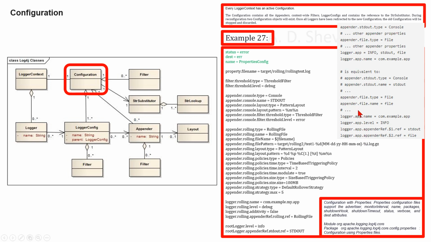The properties configuration file supports advertiser, monitor interval, name, packages, shutdown hook, shutdown timeout, status, verbose, and dest attributes. Other appender properties. Another appender properties is equivalent to